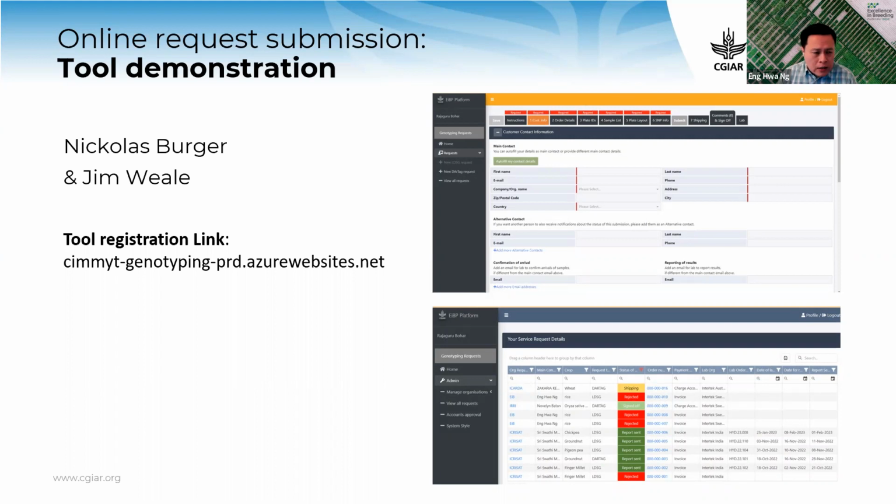And we have taken in these useful suggestions, and these updates will be rolled out in a phased manner in the coming months. Some of these key features would likely include a marker database so that users can select markers based on crops or platforms of choice. Potentially also interoperability with the CGIAR enterprise breeding system, and likely also potentially some preliminary data visualization and analysis functionalities. All these are in the pipeline. We're planning for these features, and they will be rolled out, and more updates on these will come for